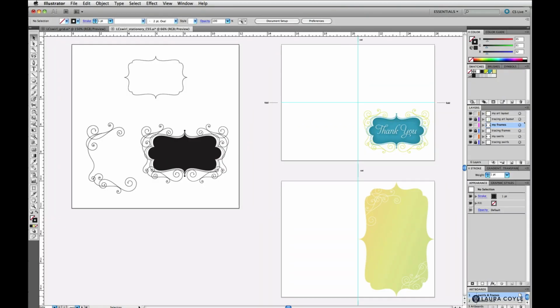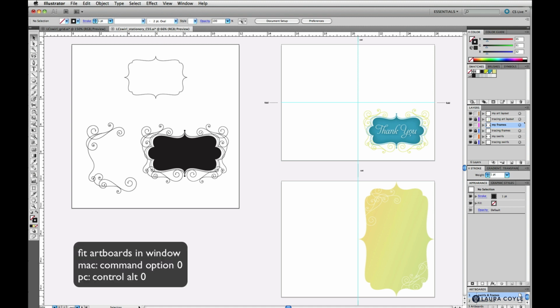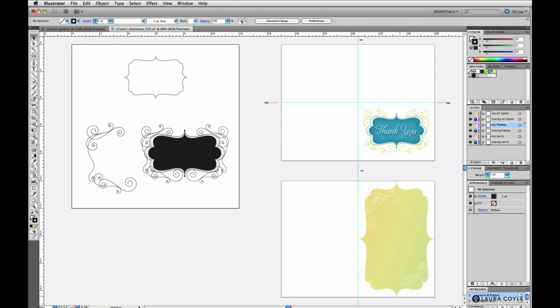Now we'll bring the elements into our layouts and add some color. So we're on our 3 artboard overview. The shortcut is Option-Command-0 on a Mac or Control-Alt-0 on a PC to get this view. And if you're working in version CS3 or earlier, for these next steps you'll need to have the appropriate files open, and you'll just copy and paste from one file to another since you'll be working on just one artboard